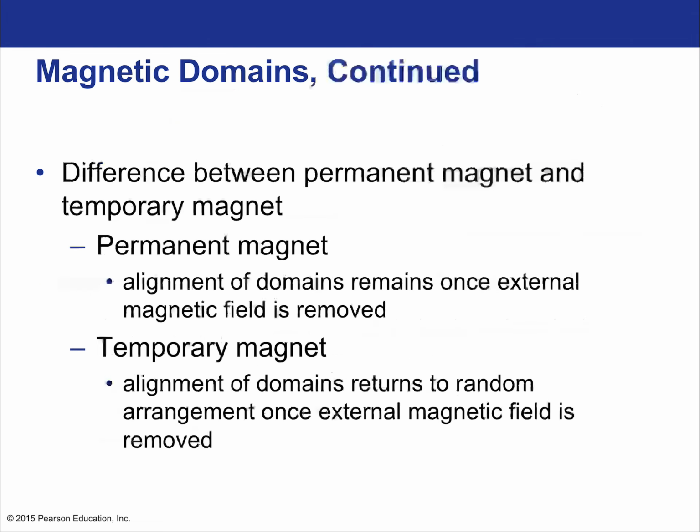All right. So the difference between permanent magnets and temporary magnets. In a permanent magnet, the alignment of the domains remains once the external magnetic field is removed. And there's definitely, like I said, a gray area there. In temporary magnets, the alignment of the domains returns to a random arrangement once the external magnetic field is removed. A great example of that is a paperclip. You hold the paperclip to a bar magnet, and then that paperclip can pick up a next paperclip, because that paperclip has now become a magnet. It has aligned its domains with that of the permanent bar magnet. But once it's removed, it doesn't stay magnetized. Now you could help it stay magnetized if you rubbed it on the magnet, especially if the magnet has certain properties. But at the end of the day, it still is a temporary magnet.